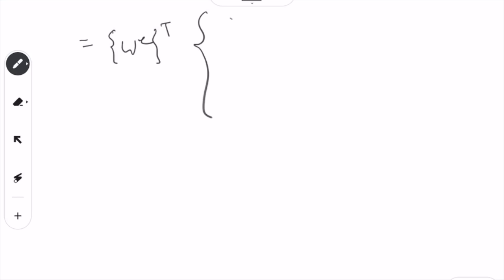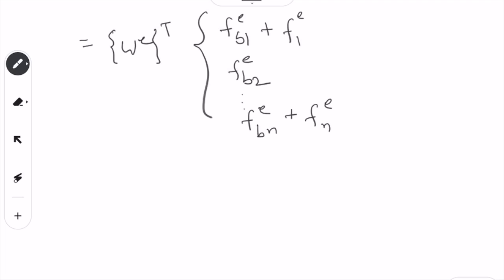Let's call it F_EB1, and then we will also have F_E1 as well. Then we will have F_EB2 and so on, and then you will have F_EBN plus F_EN. We can write like that, where